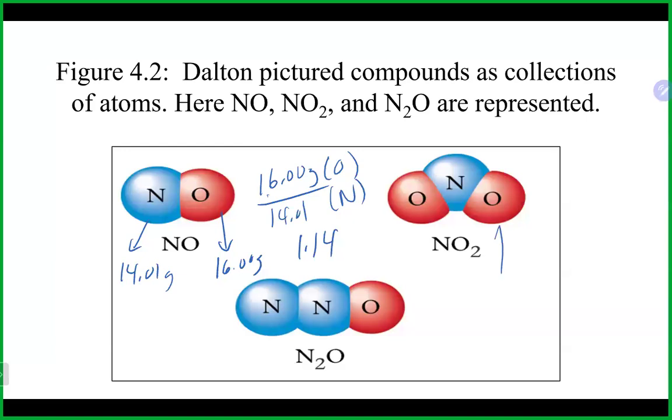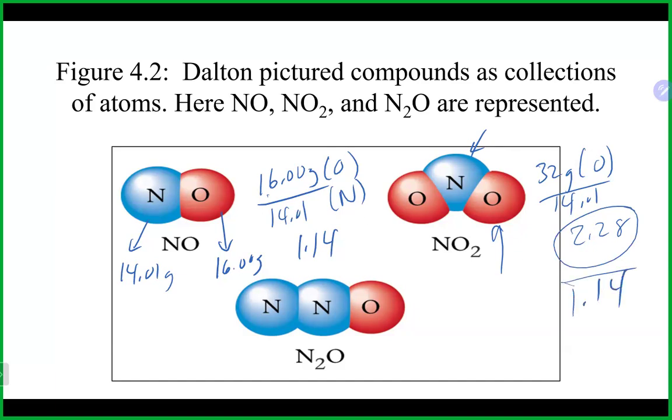This one has, again, for oxygen, 32 grams, as there's basically 2 oxygens involved, each at 16, divided by 1 nitrogen in this case, which is 14.01. So we do 32 divided by 14.01. You end up with 2.28 as the ratio, right? If I take 2.28 and divide it by 1.14,